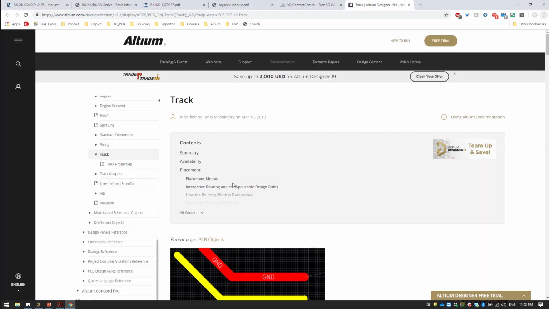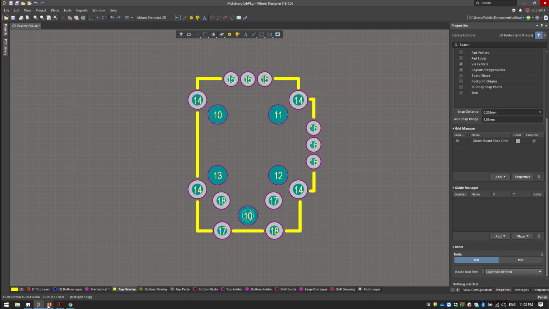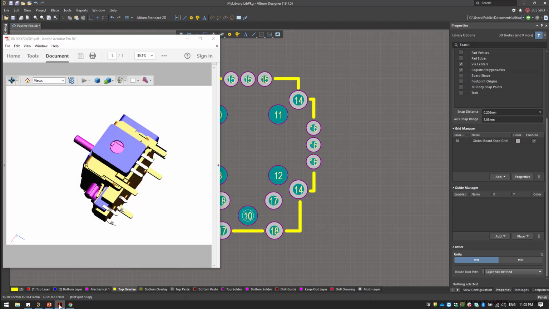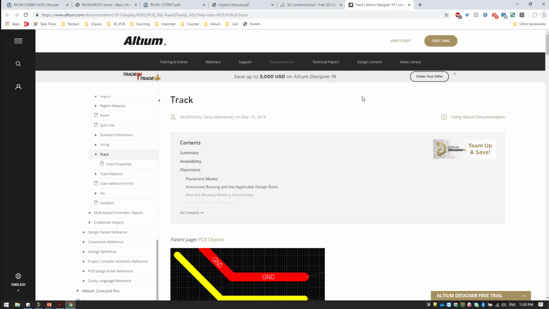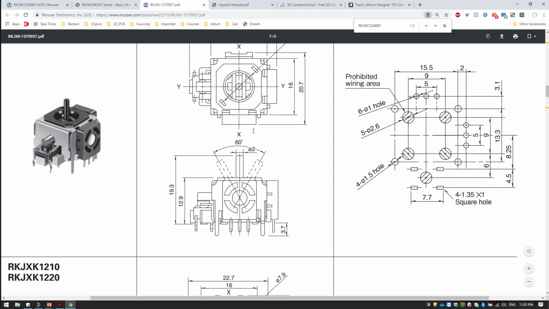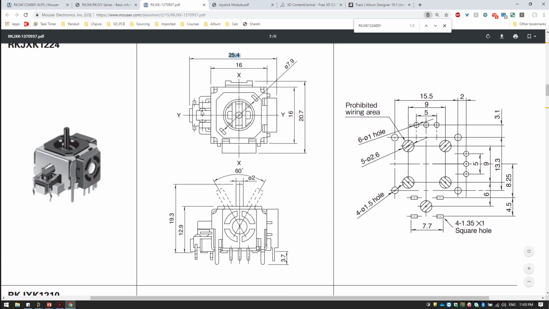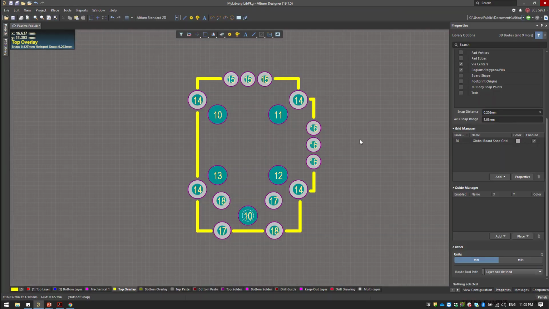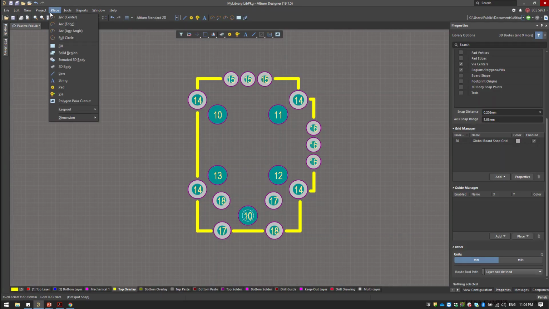We can make it better, of course. You need to measure these exact distances in here. Datasheet is datasheet. So you need to measure exactly so you can form it exactly to the shape of the component. Now we still need to add also the